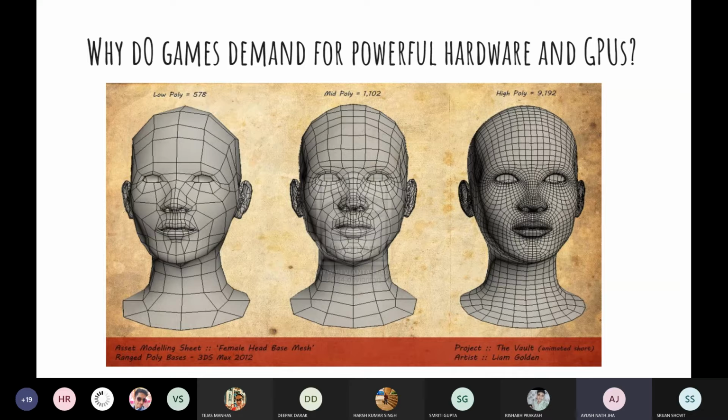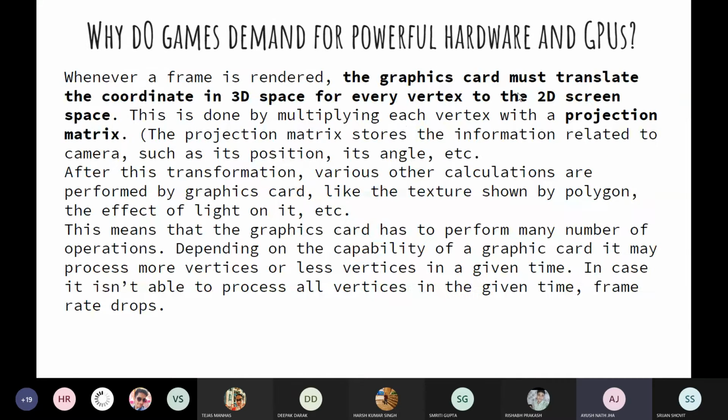But when we have to show it on the screen, we have to project all these points on the screen, because the screen is a 2D space. The environment in our game engine is 3D, but the screen itself is 2D. So we have to project these 3D points in such a manner that they get plotted as 2D points, and also maintain the aspect ratio in such a way that the object still appears to be 3D. So how is it done? It is done by multiplying each vertex with a projection matrix. This might be a new term for you.